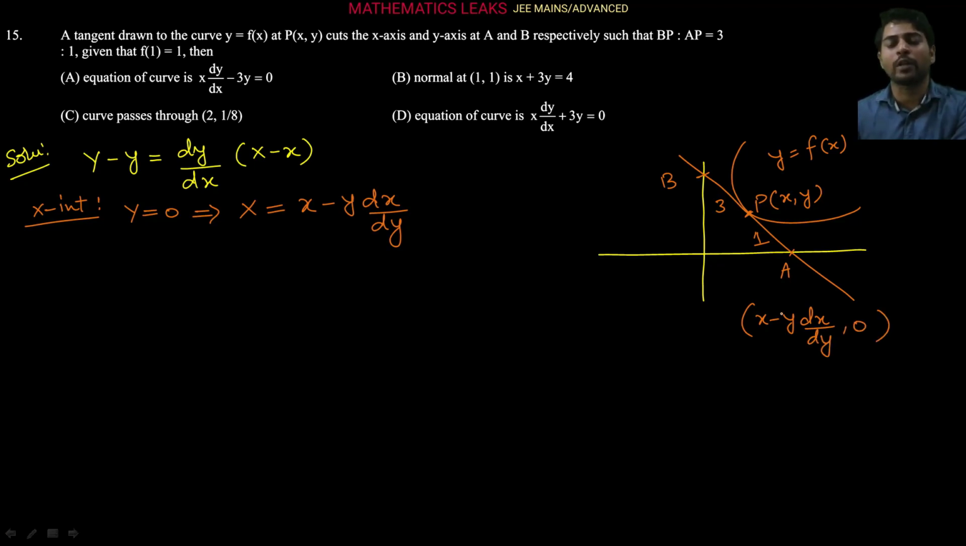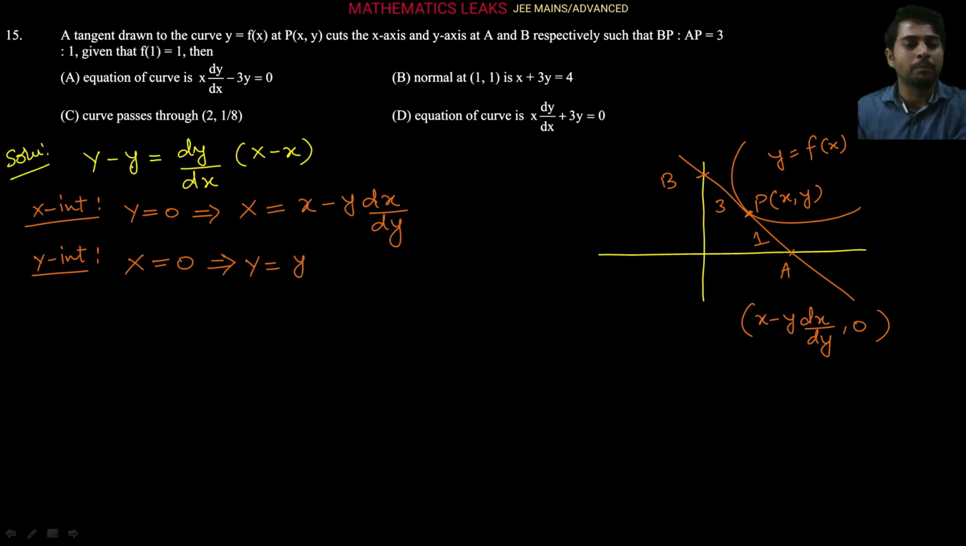This is A point coordinate. Similarly, this line is intersecting the y-axis at B, so when we are finding the y-intercept in this case, put capital X equals 0. So we will get capital X equals 0. So we are getting capital Y equals minus small y going on that side, so plus y,